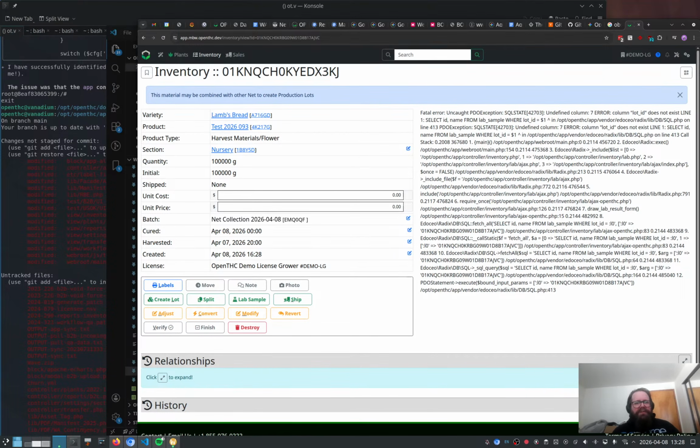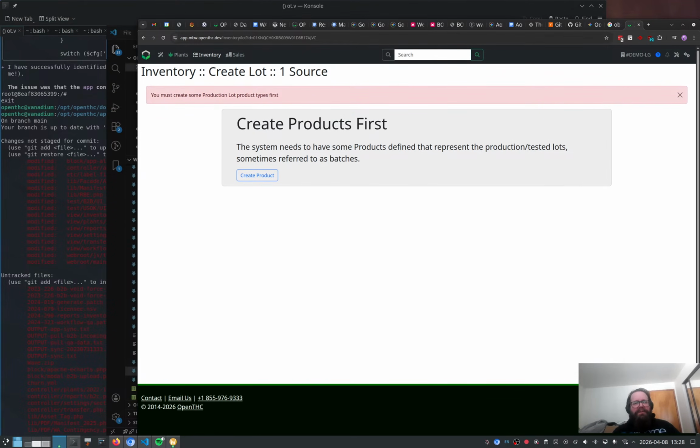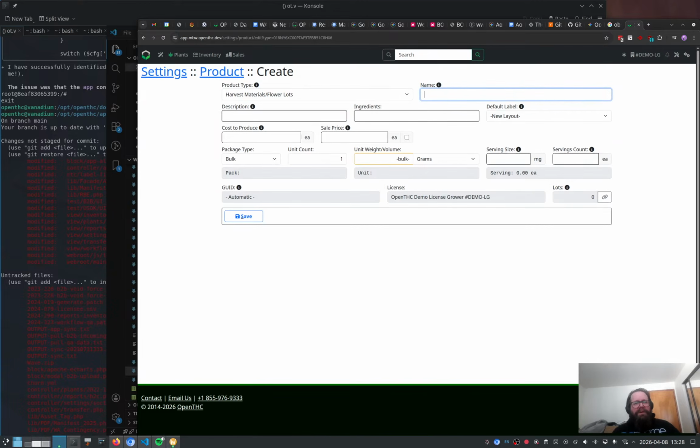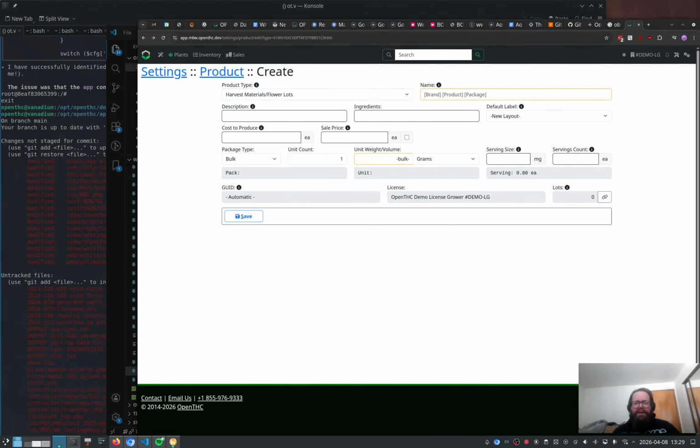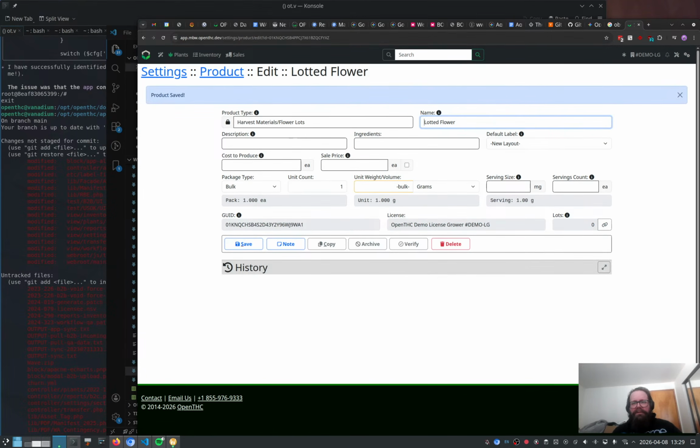Here's a harvest material flower. You can lot this up into a production size lot. Ooh, I thought we made the harvest material the flower lot. No, we're missing something called flower lot that I was harping on earlier. Not a big deal, man. We can just click that,